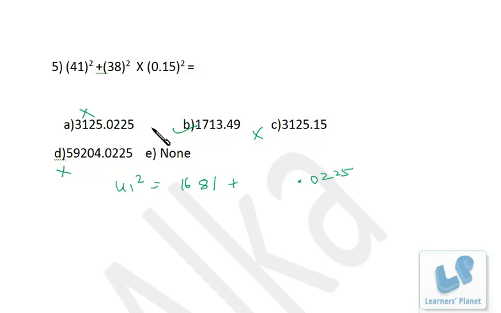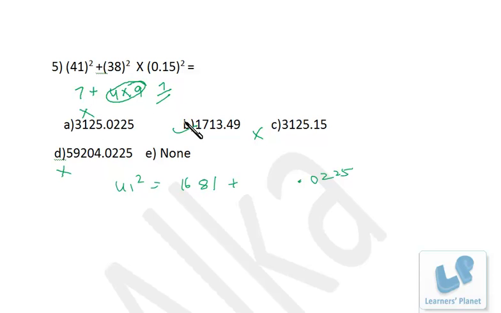So to verify that, what we can do, we can go for the digital root method as well, right? Now the digital root of 41 square will be 4 plus 1, 5. 5 square is 25. The digital root is 7. Plus 8 and 3, 11, 1 and 1, 2, 2 square is 4, into this is 5 and 1, 6, 6 square is 36, the digital root will be 9 only. And if any number is multiplied by 9, it produces the digital root as 9. So this is 9 plus 7, 16. That means the final digital root is 7.